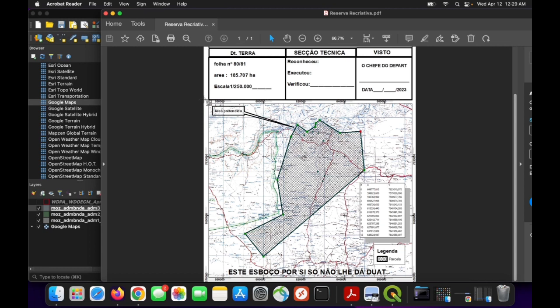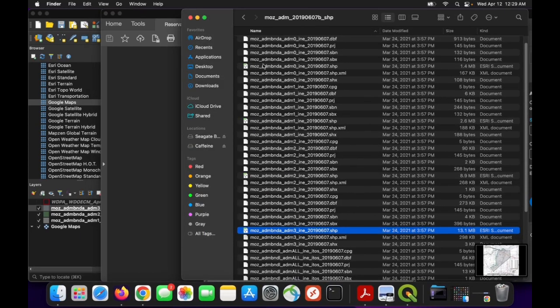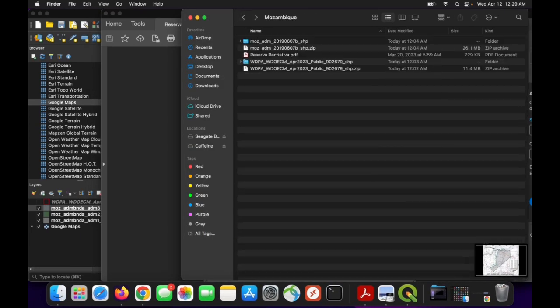Command 4. Or actually, I don't want to just copy it to my clipboard. I want to save it as an image. So I'll do Shift Command and 4, which allows me to snap this thing entirely. And now that will become an image on my desktop, which has been saved. So I want to bring that image in here